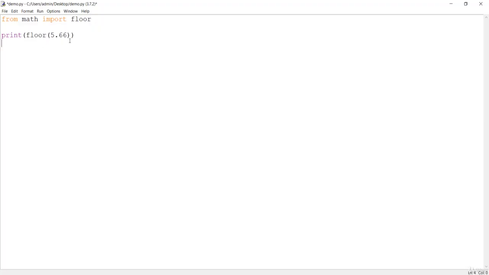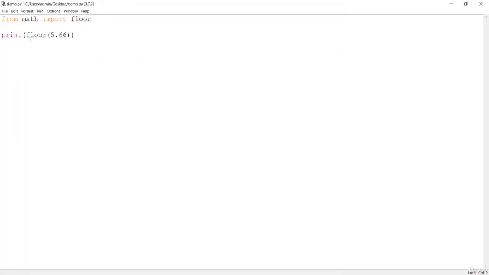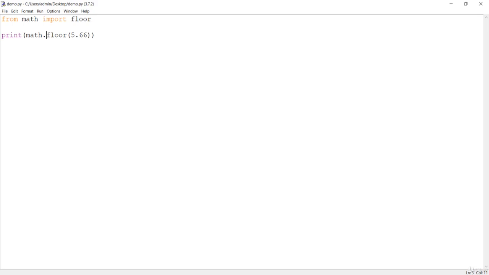Now you can simply call floor. Let's save this again, press F5, and you will see 5 printed. But if you do yum.floor or math.floor again, it is not going to work because math is not defined, and you have just imported floor from the math module. So you should directly call floor.